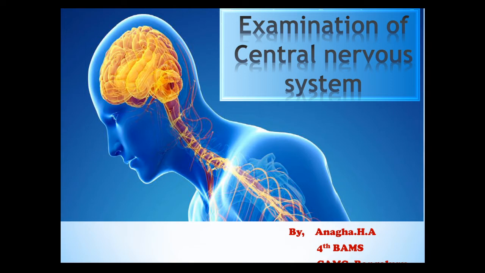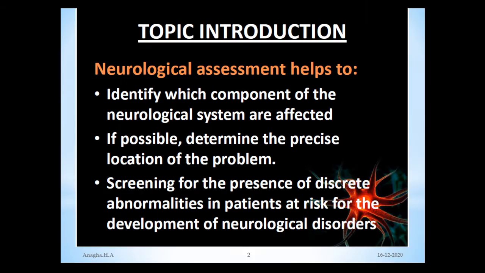The key to performing any efficient neurological examination is observation. Through these slides today, we can pick up the skills necessary to do a central nervous system examination. In all cases we need not do a detailed examination, because we can often pinpoint the lesion through the history itself or through the presentation. But it is always better to do it, because if we have missed any points, we can pick them up while doing the proper detailed examination.